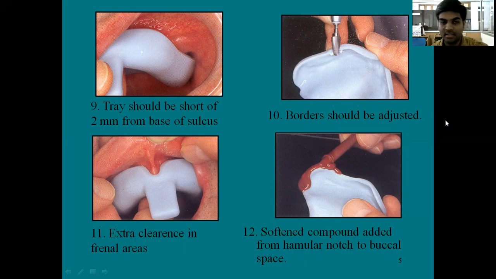Once the extensions are done, it is again placed inside the patient's mouth and checked for clearance. If there is adequate clearance, we can start with the border molding procedure.